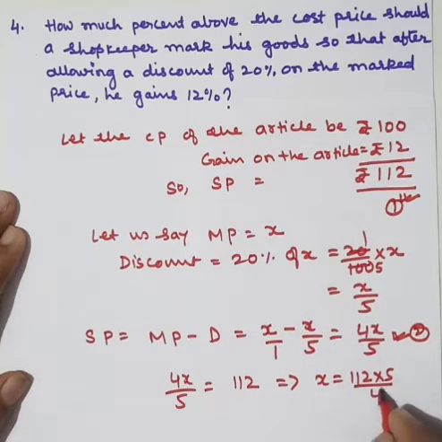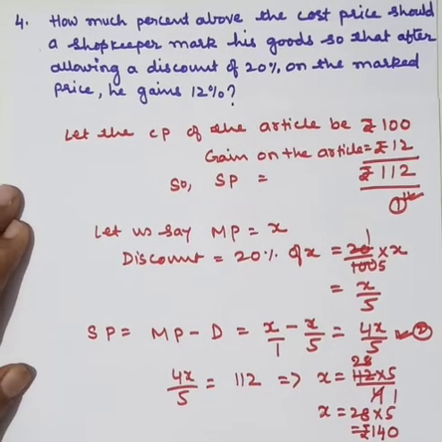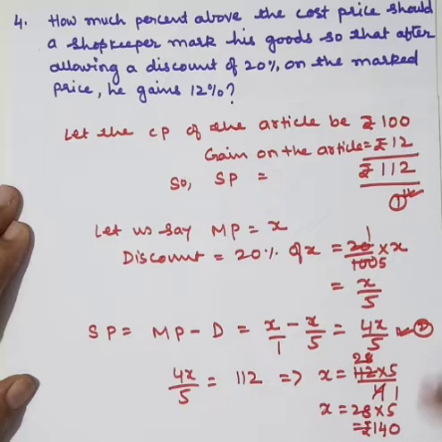Now see here, 4 ones are 4, 4 twos are 8. Now 3 left, 32. So 4 eights are 32. X is equal to 28 into 5, that will be equal to 140. This is rupees 140. Now children, I think you can clearly understand from here, if your CP is 100,